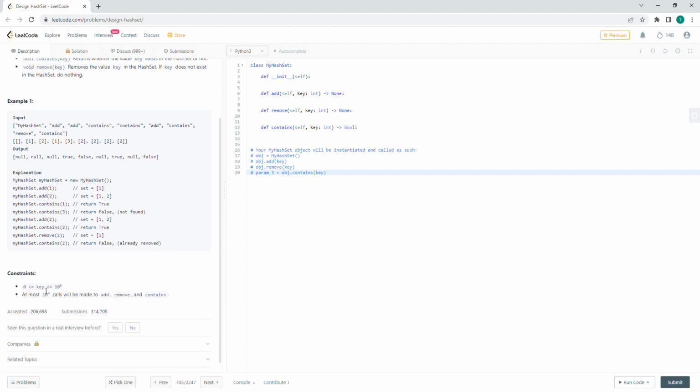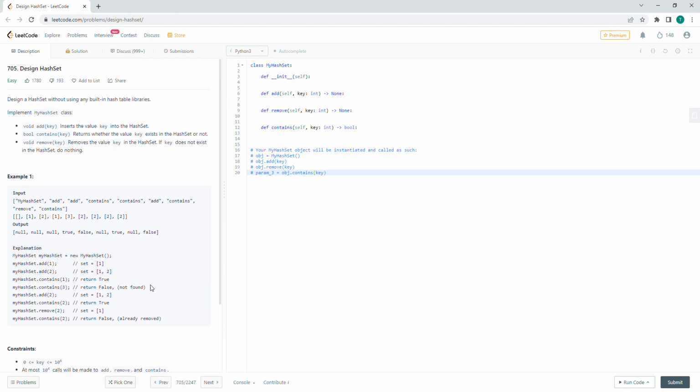So the constraints are that the keys are between 0 to 10 to the 6, and at most 10 to the 4 calls can be made to add, remove, and contains. So we can't use built-in classes such as sets and dictionaries. There's kind of two other approaches we could do, but